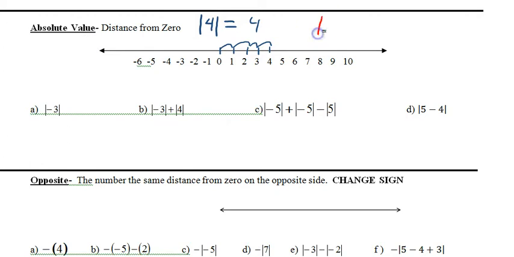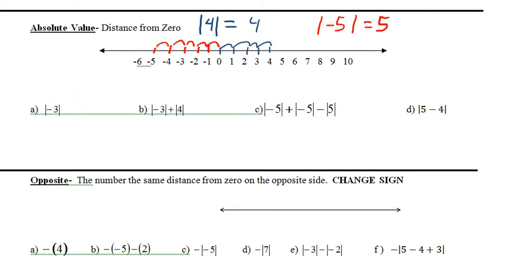Now let's just say we did absolute value of negative 3. Let's pick a different number than 3. How about 5? How far from 0 is negative 5? So if we count all those little marks, it's 1, 2, 3, 4, 5. It's 5 as well. Distance is always measured as a positive. So another way of looking at it, when you see an absolute value, you can just say that it's positive. It removes the negative. But it only does it for one number